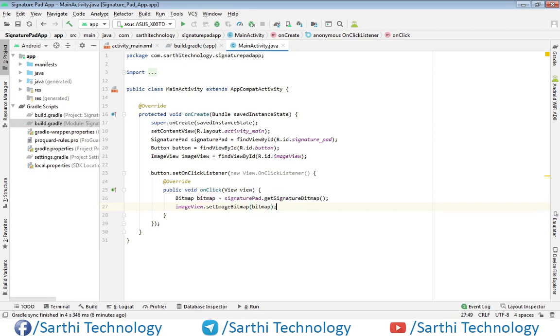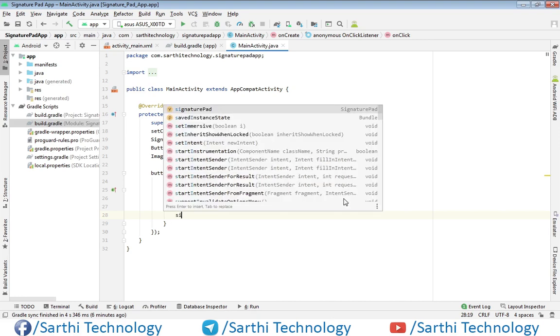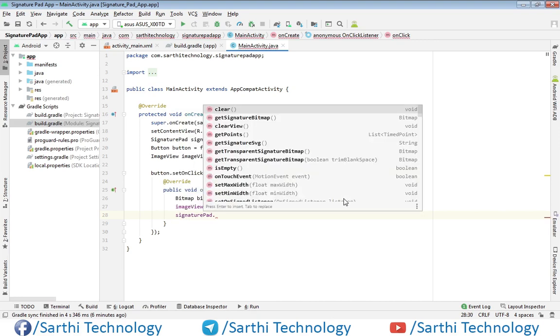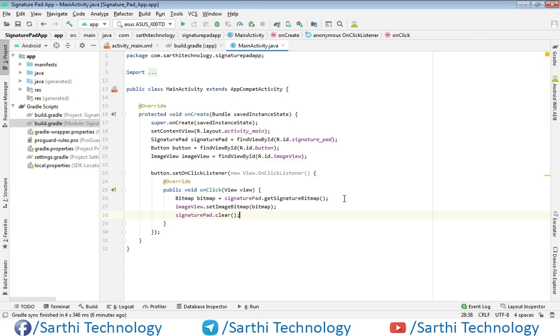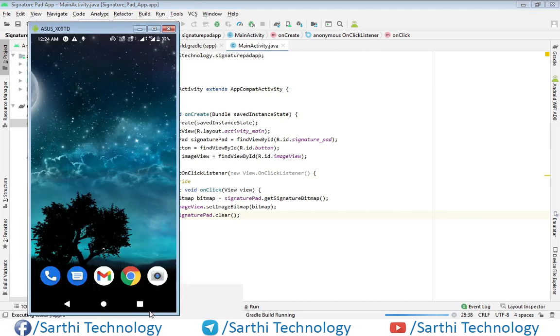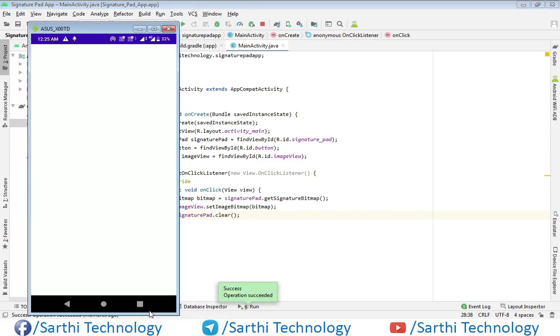Now we can also clear the signature pad. So signaturePad.clear. Okay, now let's try to run this. Here you can see our application is running.